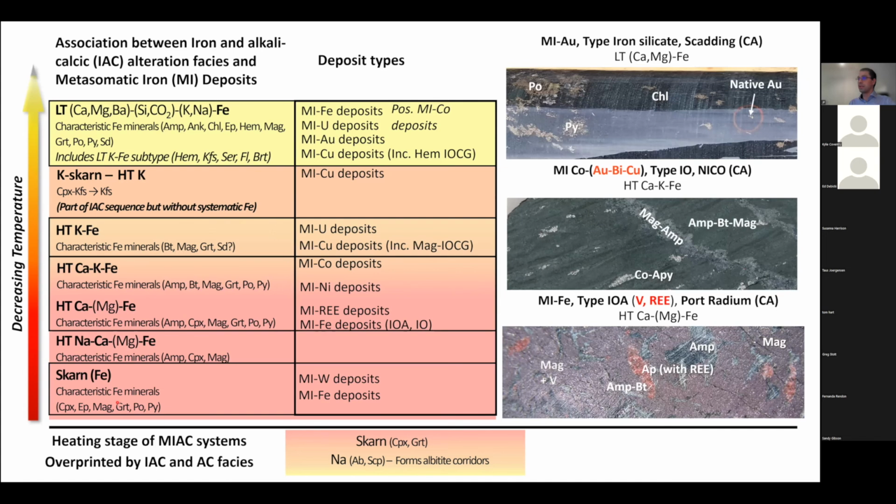And now what we can do is have an association between certain types of metal enrichment and alteration facies that can help to guide us. Once we see alteration zones and mineralization zones in these hydrothermal systems, we can tell where we are in the system, and what type of mineral deposits or zones of mineralization we can expect depending on where we are, especially inside these large hydrothermal systems.